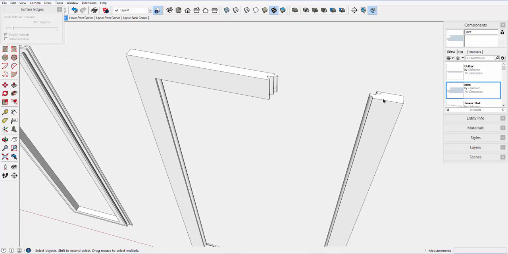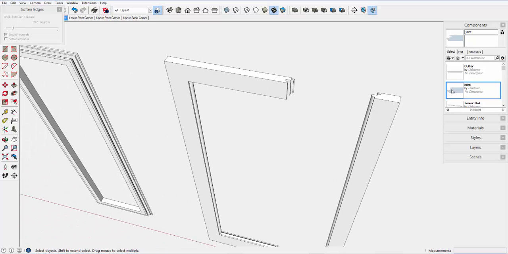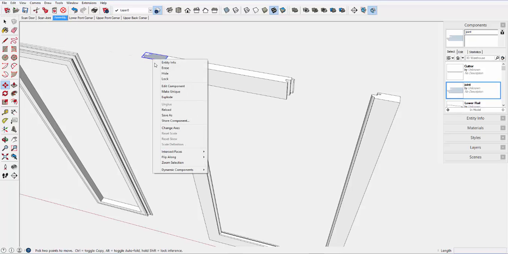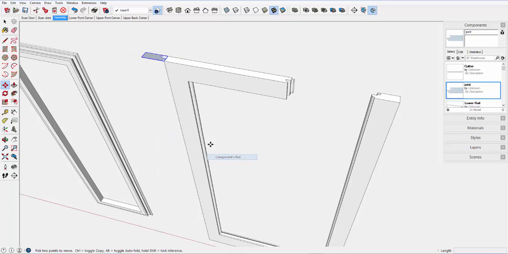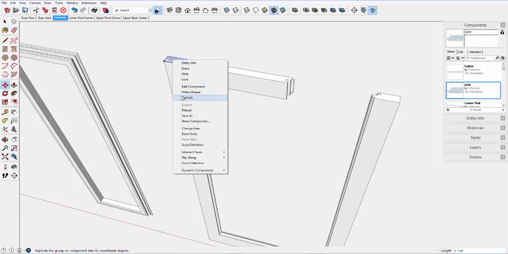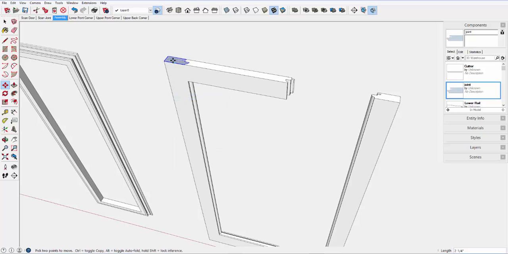Okay, I need to cope the other end of the rails, so I'll use that same coping cutter, but I need to reverse that, mirror it on the red axis, connect it at the corner, change it to a group, and push-pull down through the stile and the rails,